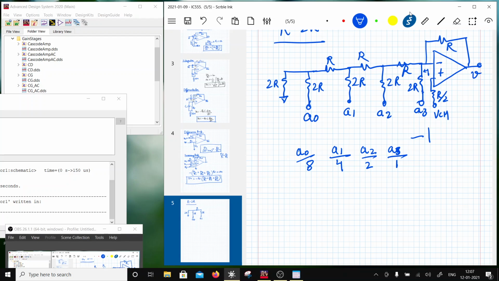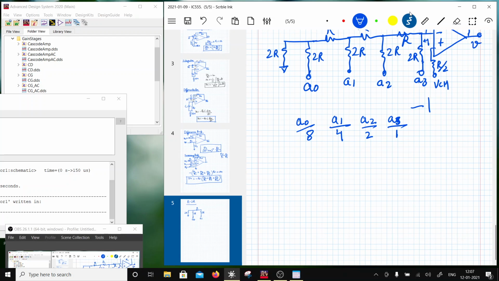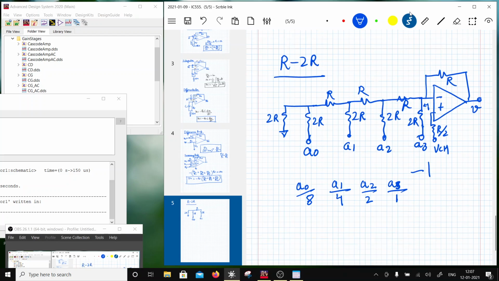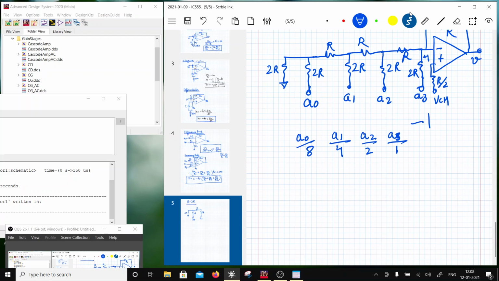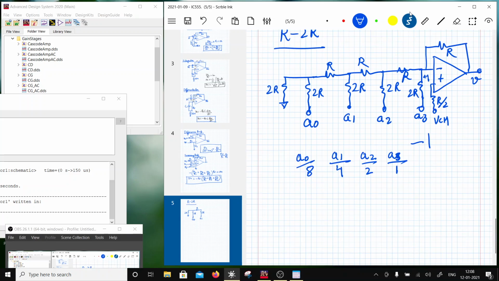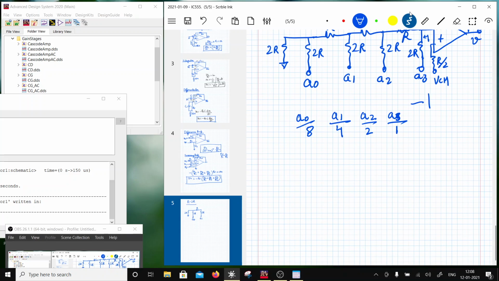So what's happening is that this is going to be binary scaled. So now if I have a word, that would be converted to an analog output. So digital input would be converted to analog output. So that's what a DAC is. This is an R2R DAC. So we can try an R2R DAC, and to do that,